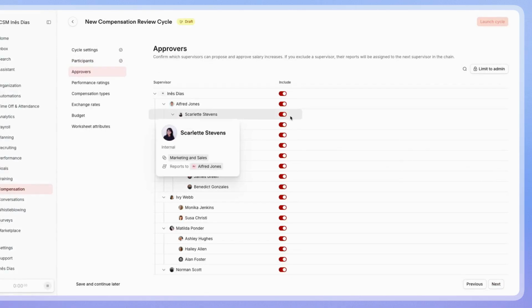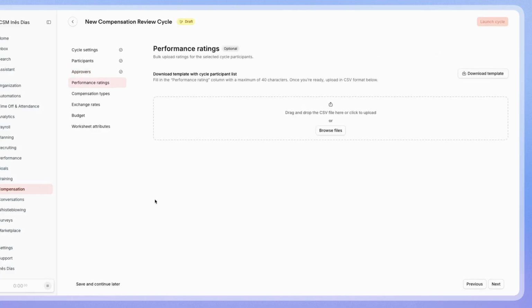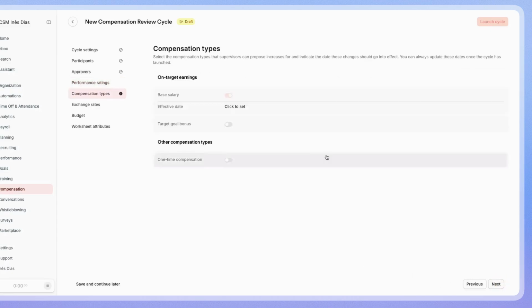This approval chain will allow you to set the hierarchy levels that can submit salary increase proposals. You can toggle to decide which participants will be taking part of the cycle and which will not. You also have the option to bulk upload ratings for the selected cycle participants. You have a download template available here that you can use to then specify the respective performance rating for each